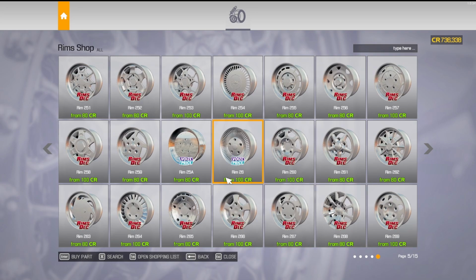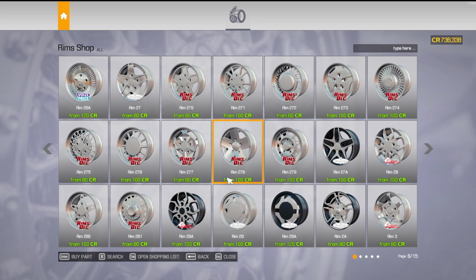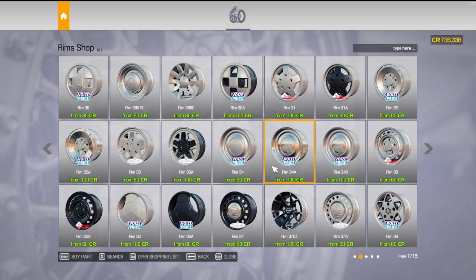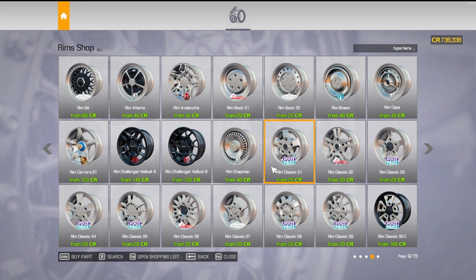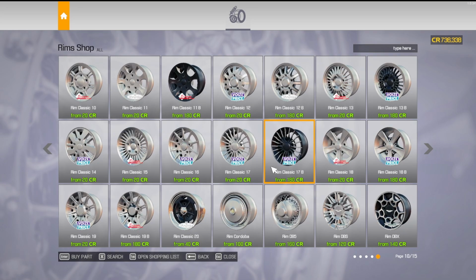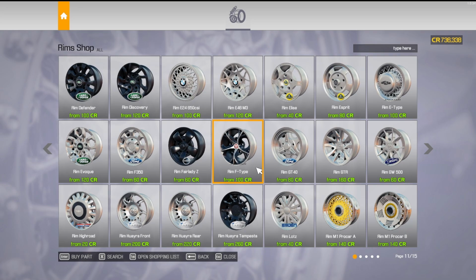Now to find them. Now that I've got the rim DLC, there's even more rims in here to go through. Those are cool. I like those. So my point of this is to get it running. Once I get it running, then I'm going to start making improvements on it, right? So as much as I can, it's going to be,